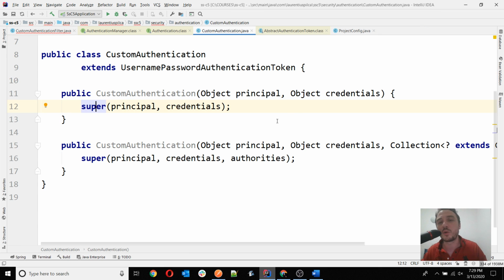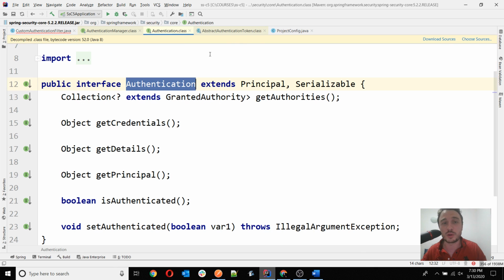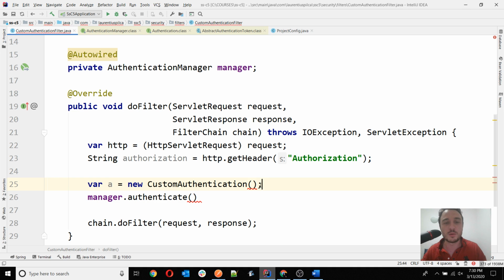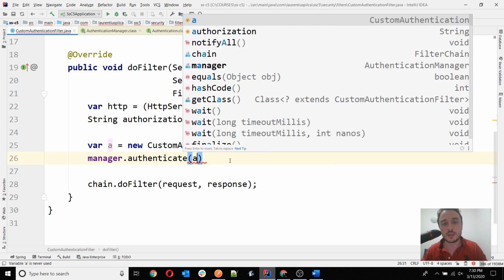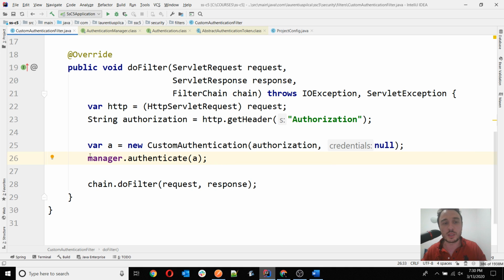Again, it's not really a correct way. In general, I should have directly implemented the authentication contract, but then I would have had to override all those methods. Now I simply reuse this username password authentication token a little bit forcefully, but it's simple for our example to do it like this. So here I pass the authorization and then I provide a null for my credentials, and then this object goes to the manager to get authenticated, and then what we expect back is